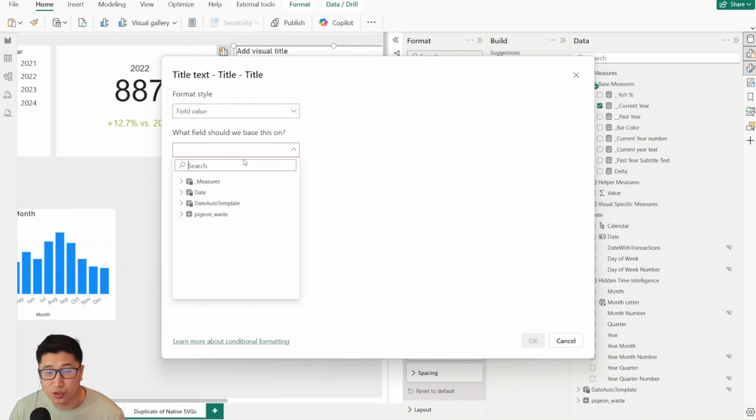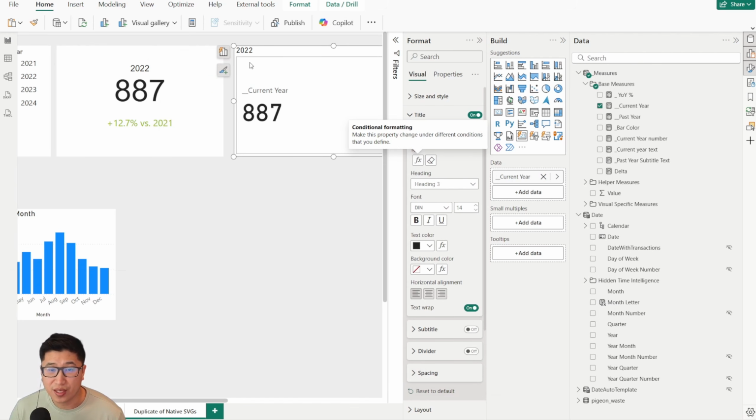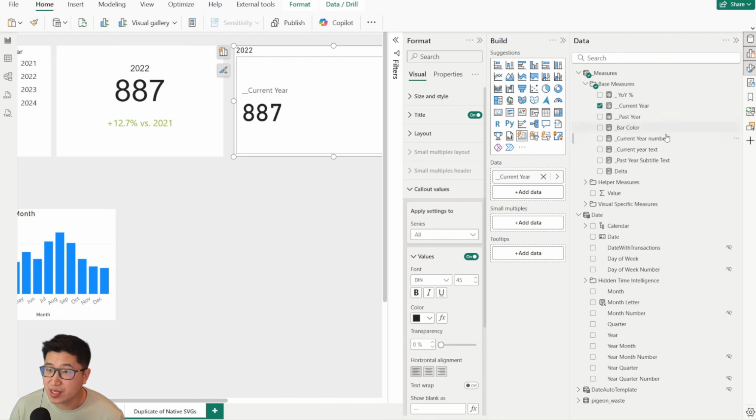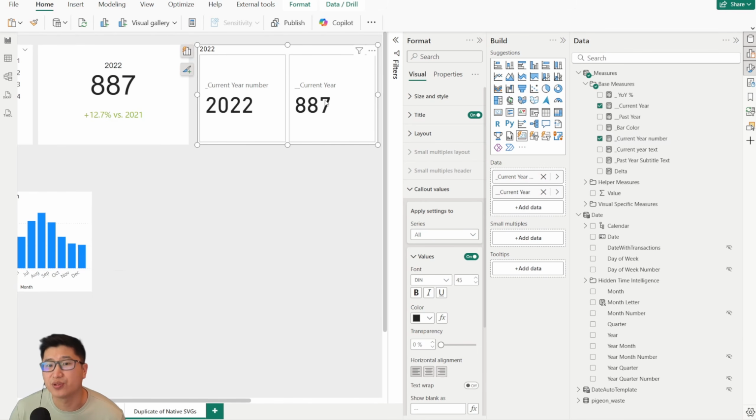This allows us to use an actual measure such as this current year number. And once we do that, you can see 2022 current year, that's the value we're using. Now, that's one way to do it with the title, and that's going to be important later. But another way to do it is you can simply put in multiple values. For example, current year number can be placed in. So inside of this actual KPI card, you could technically have them next to each other or